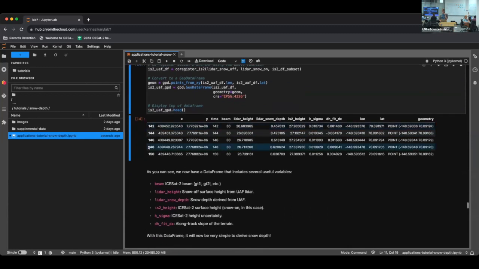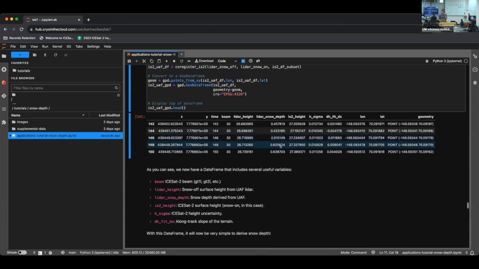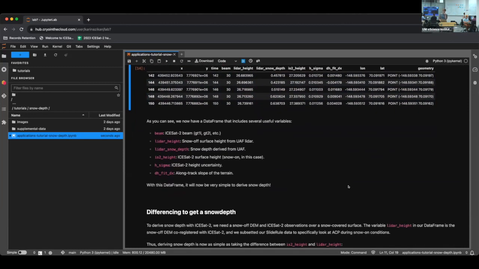So here, this is basically the same data frame that we started off with, but we have a couple of extra things here. To start off, we still have the ICESat-2 data here, but most importantly, we also have the LiDAR snow off elevations and the LiDAR snow depths that are co-registered with the ICESat-2 data. And we were able to do that pretty quickly over this region. We also have our easting northing coordinates. We have the beam. We have a couple of other useful variables that could be highly handy when you're doing